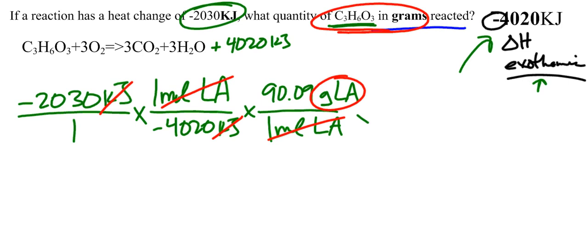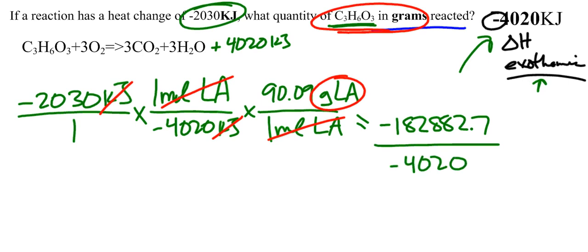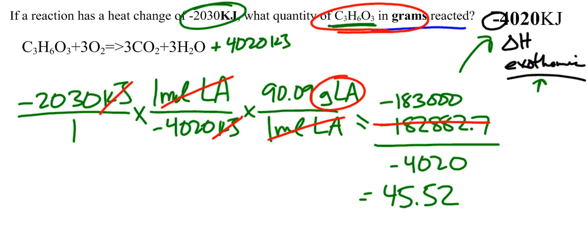So, I do the math, I'll go ahead and move it down here a little bit. I end up with a negative, right, 182,882.7, which is ridiculous. We'll get to that in a second. And negative 4020, since I'm just multiplying that by 1. Okay, hopefully we went, that's not right. Okay, so with my sig figs, it should be negative 183,000. Okay, I do my final answer, which would be 45.52, which should be grams, but of course that doesn't work either because I need my sig figs, which would be 45.5